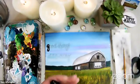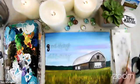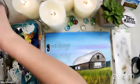Word of caution though is that if the paint is wet, it will just kill your permanent marker immediately and it will render it useless. So make sure you only use this on dry paint, dry surfaces. You can also just paint it on. So we're going to go ahead and use our little bit brush, a little bit of water,